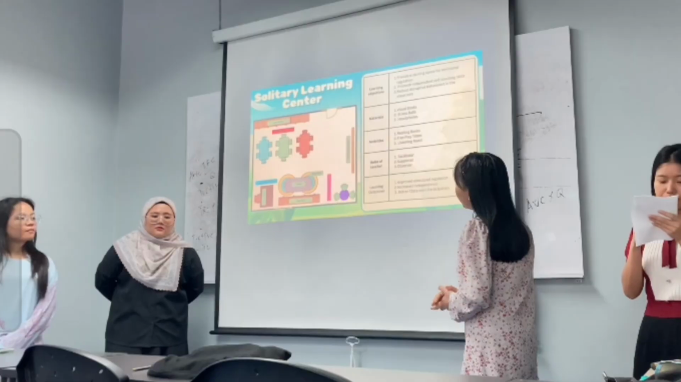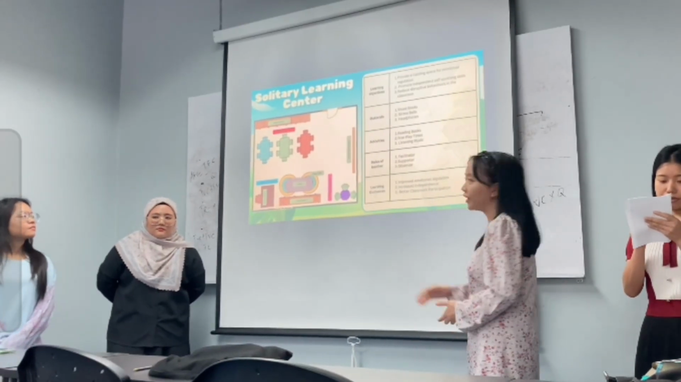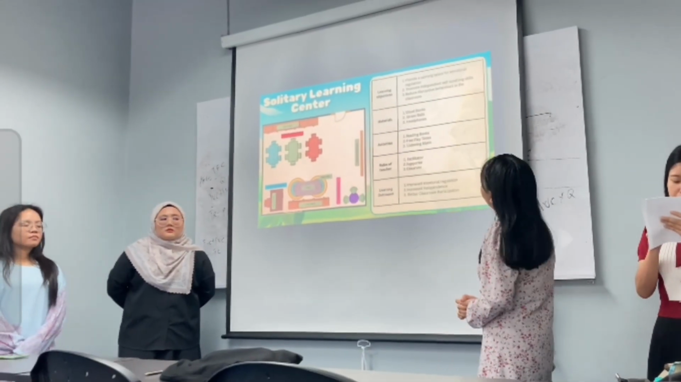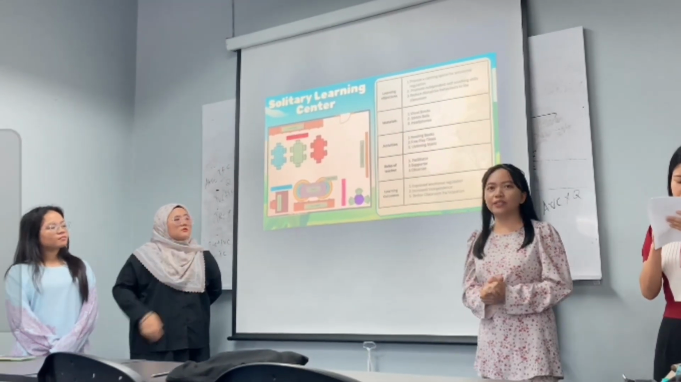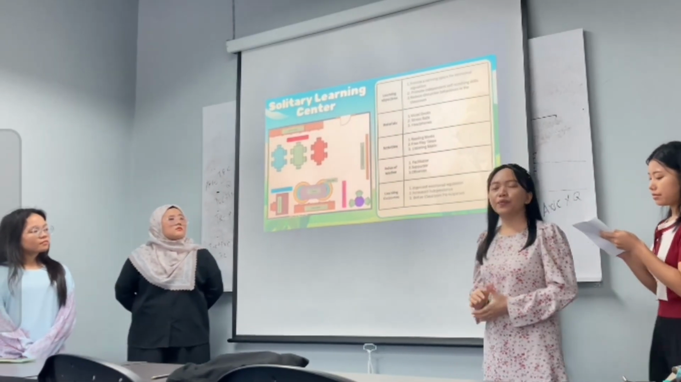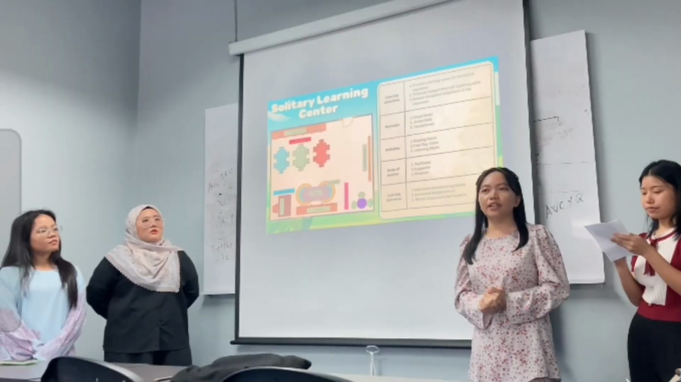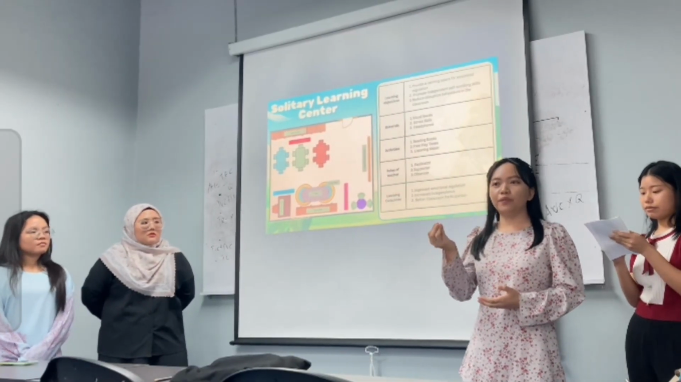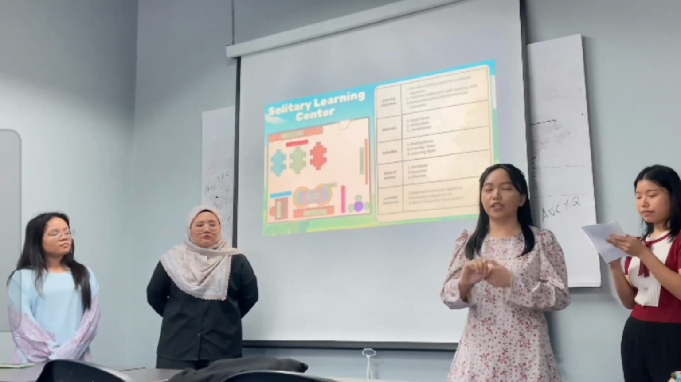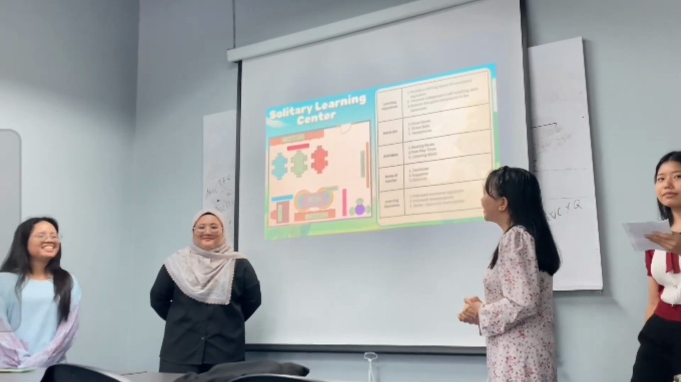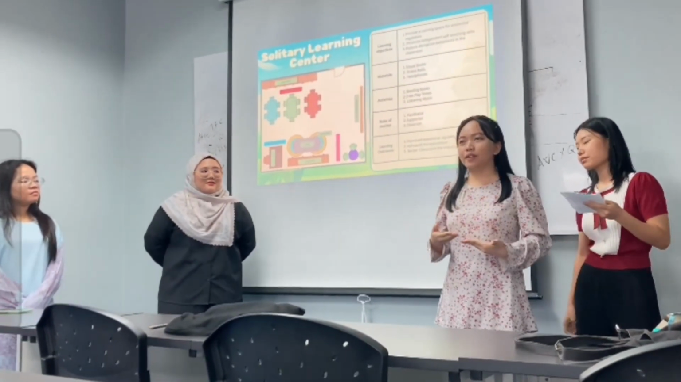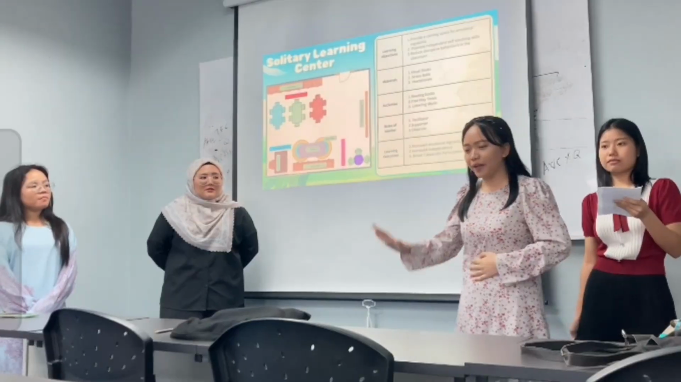The learning objectives for this solitary learning center are three: first, provide a calming space for emotional regulation; second, promote independent self-soothing skills; and third, reduce disruptive behavior in the classroom. As we know, most children with special needs tend to show disruptive behavior, like disturbing their friends, crying, and tantrums. So we keep this solitary learning center so they can focus on calming themselves down,